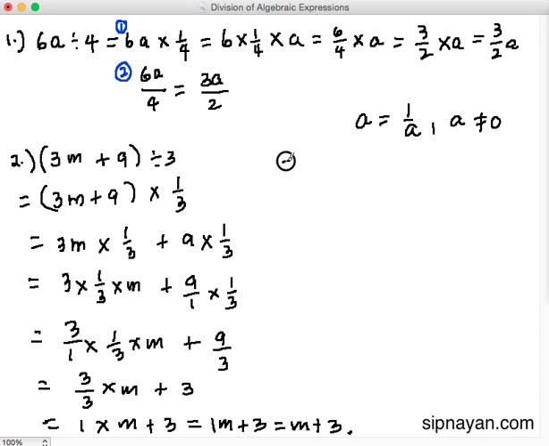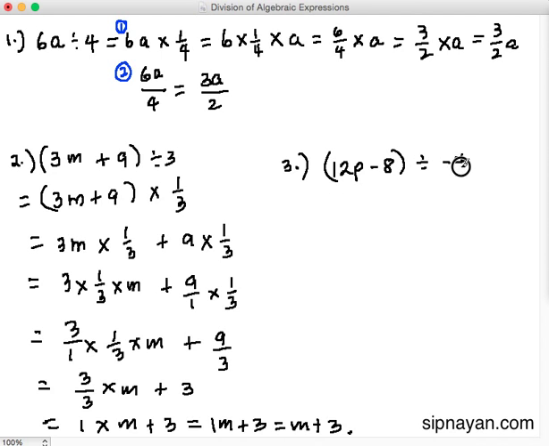Number 3, we have 12. Tanggalin na natin to para hindi kayo malito. We have 12p minus 8 divided by -4. Okay, dito hindi naman tayo gagamit ng reciprocal, no? Pwede nating sabihin,